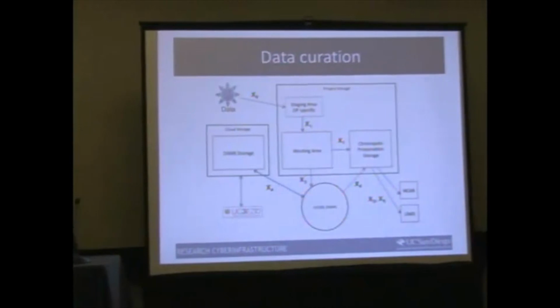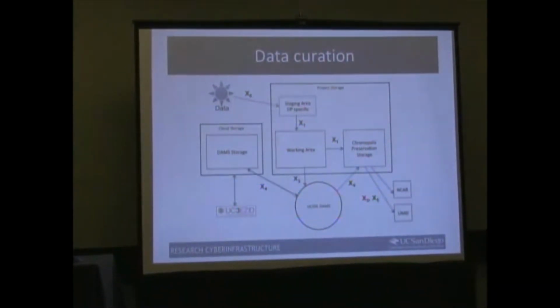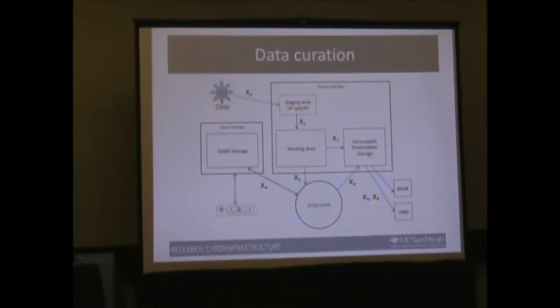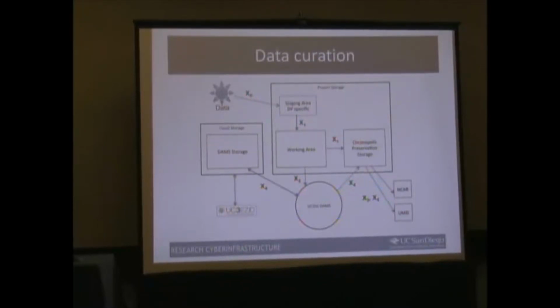Just to have the obligatory semi-technical diagram here. There it is. This is our system. And the real main guts of it are three-part basic storage, which is working area, getting data in, manipulating it, having people access it, et cetera. And then we dump copies into Chronopolis as a preservation network when they're considered fixed, at whatever fixed happens to mean for the particular data set. And then the digital asset management system from the libraries is basically the discoverability front end, et cetera. So that's what you see here.